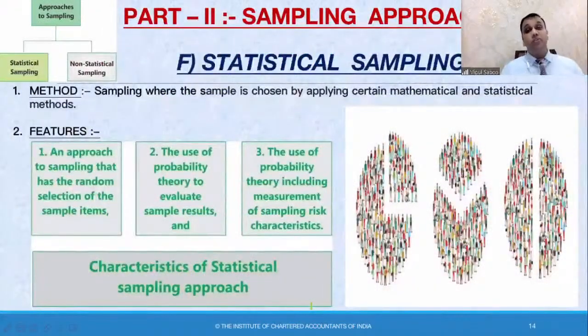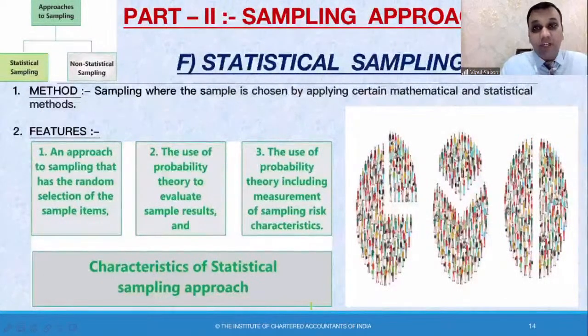Approaches to sampling, very interesting. If you have taken maths in 11th, 12th, or statistics in your graduation, or in ninth or 10th standard as well, we practice this chapter, probability. We are made to read this chapter, practice this chapter, probability. Statistical sampling, the name itself suggests. So here we are, approaches to sampling. How do we resort to using sampling? What approach do we use? How do we choose the sample?